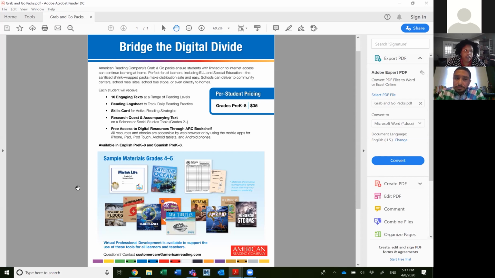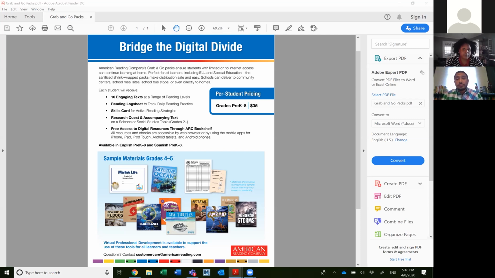Additionally, we're offering right now 20 free books on ARC bookshelf. So remember when we started the conversation, we said that we had 2 different pockets of people, folks that have school PACE and folks that do not currently have school PACE. So those folks who do not currently have school PACE, this is going to be where you want to be. You're going to want to have access to the 10 books in the quest, and the reading log that goes along with it. In addition to that, we wanted to quickly go over how to access the free books on